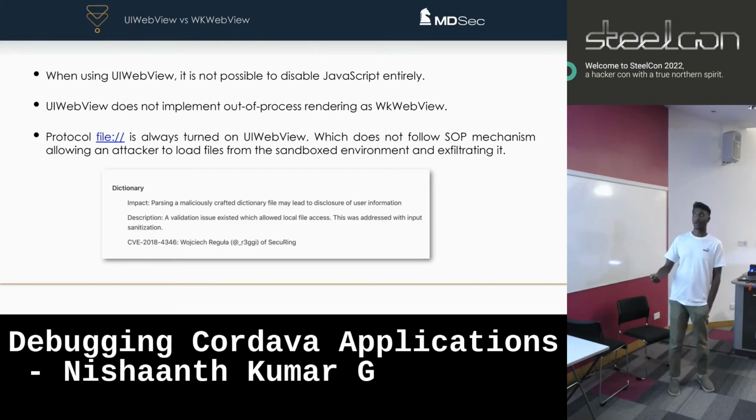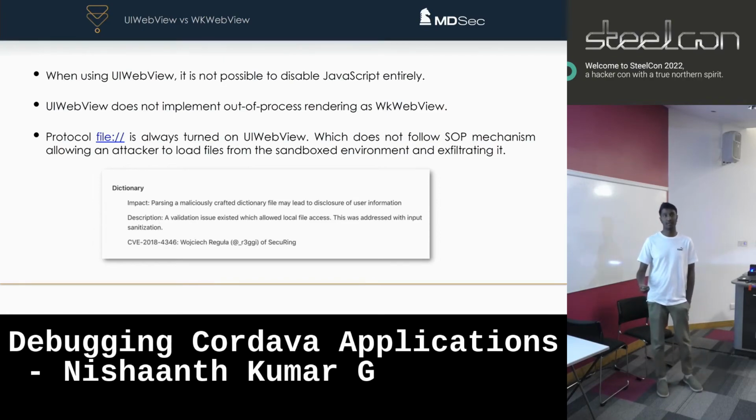In iOS, there are two main APIs, UIWebView and WKWebView, and UIWebView is deprecated right now because by default it has a lot of insecure defaults. The file protocol handler is enabled by default, JavaScript is enabled by default, and UIWebView does not support out-of-process rendering. So if you can compromise the WebView,